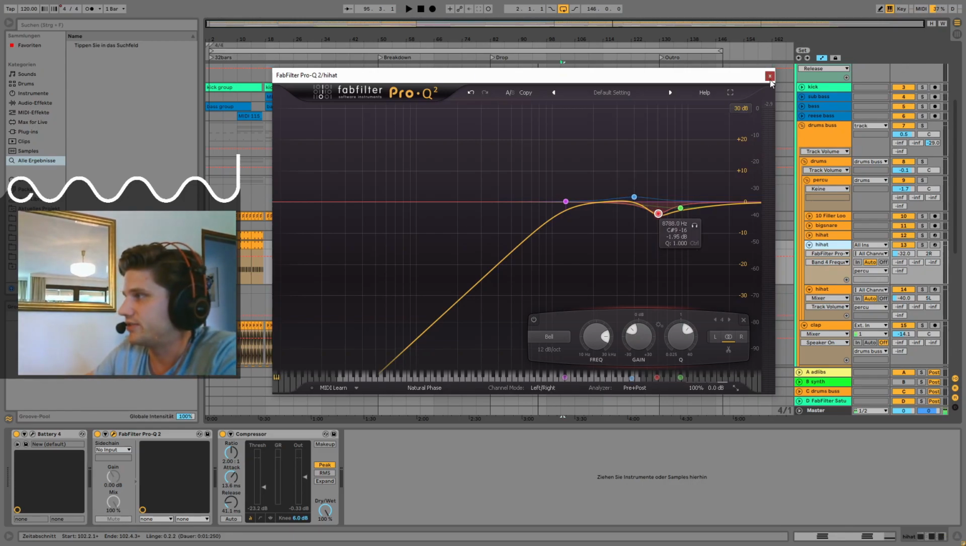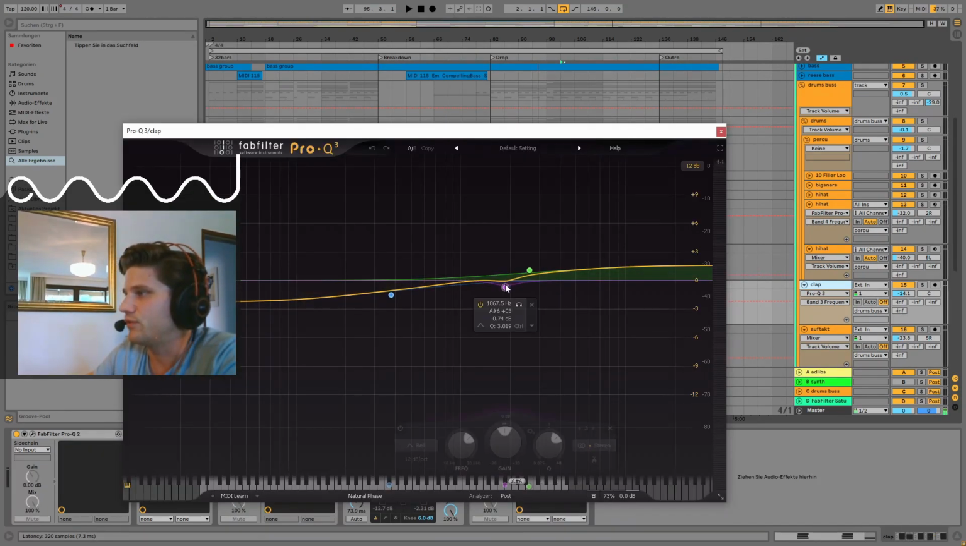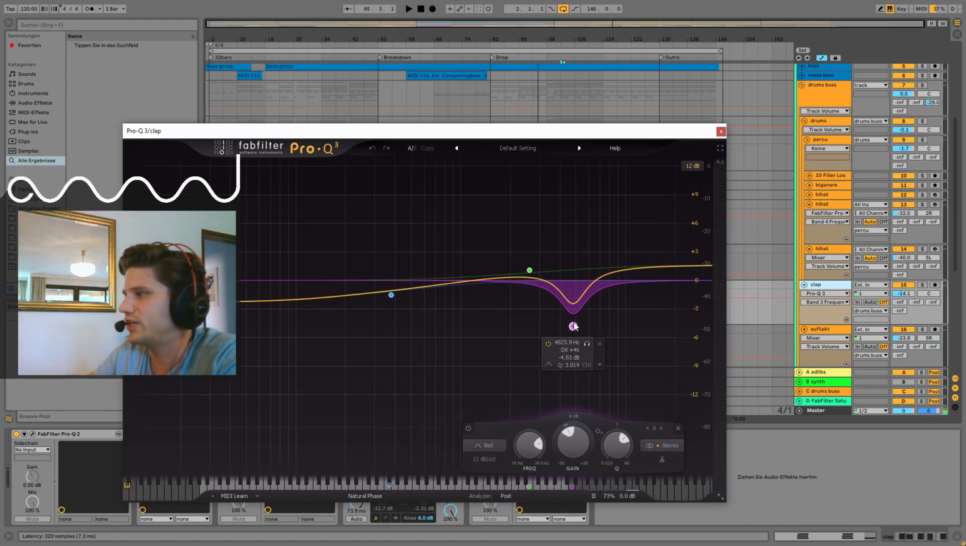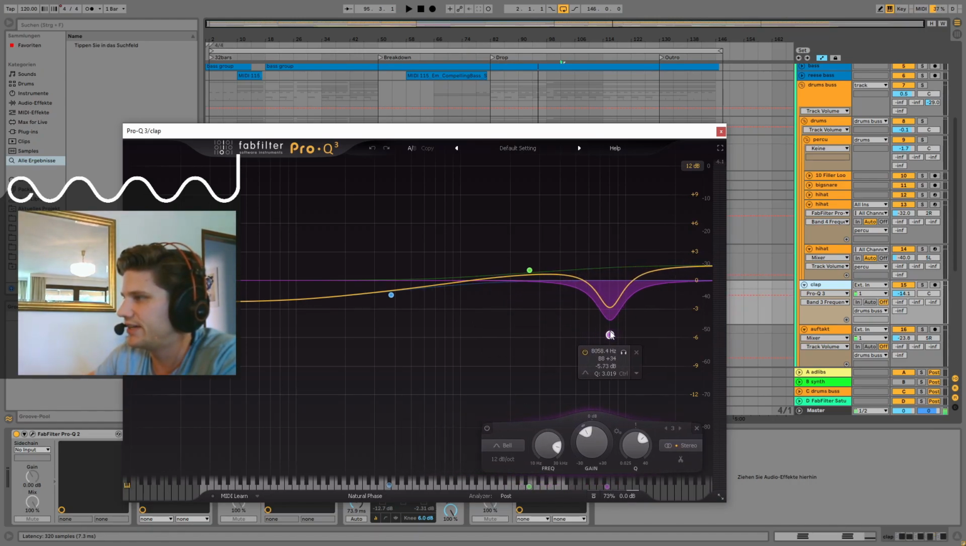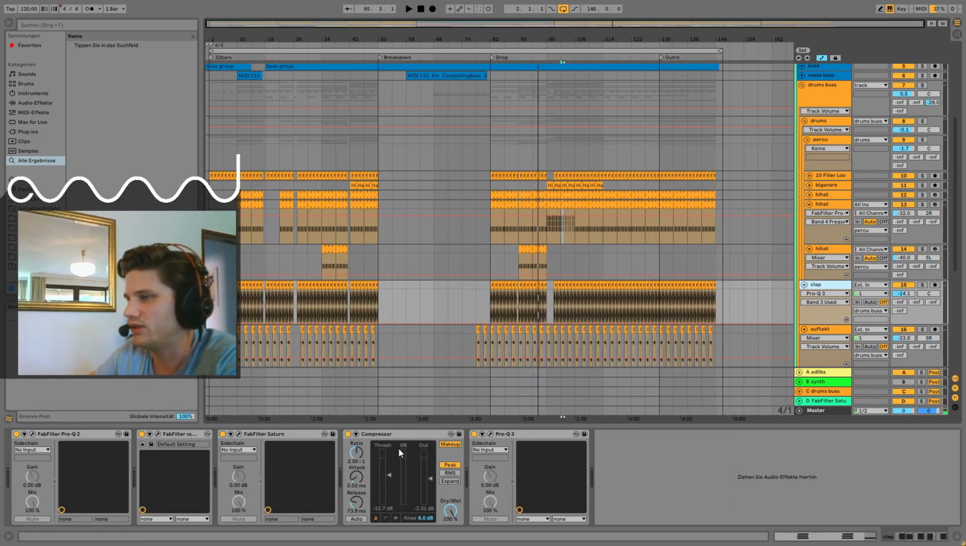For snares, for example, you can dip a little bit on the 8K. Might be sound too harsh 8K, so you can dip it away, for example. You can do a lot. The next step is